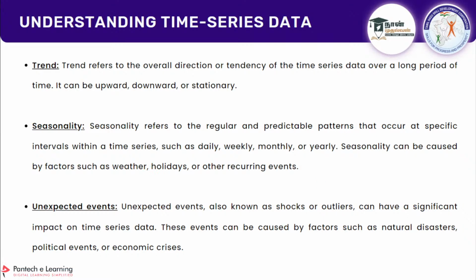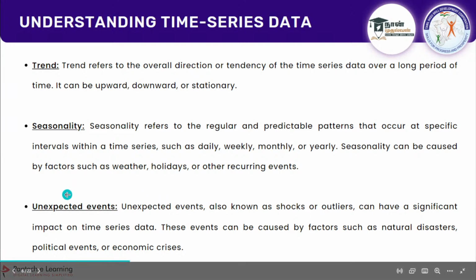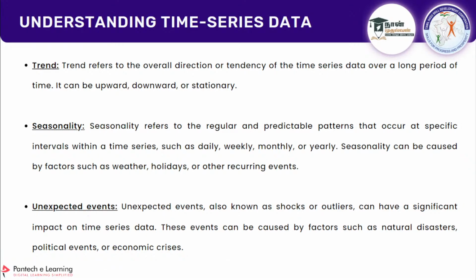For example, you are seeing some data from the year 2000 to 2023. It is from a company's business, and you are going to predict the future. But in the trend from 2000 to 2023, particularly in the period from 2019 to 2022, you can see there is a downward surge, which means it decreased. Why? Some unexpected event happened in that period. What is it? COVID, right? We were in COVID and their business got very dull. So in that period, things like these can happen, and it can be understood from the time series data. So it is important to see these three things in the data you are handling.